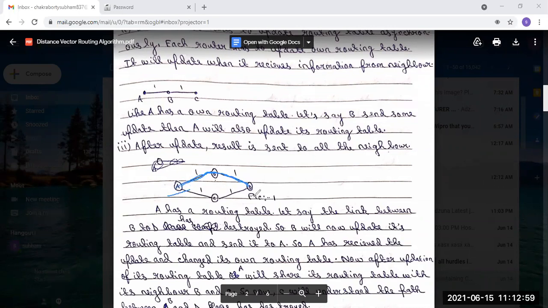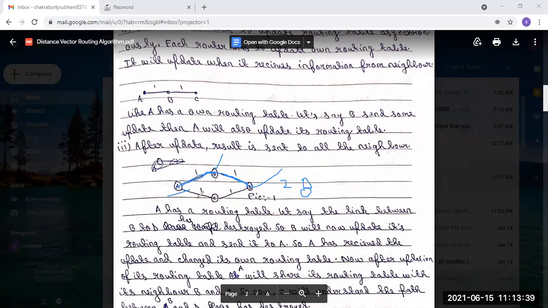Our destination address will be D. Then the cost is 1 plus 1, so the cost is 2. What will be the next hop? For going from A to D, the next router for A will be B. So a routing table consists of information like this.